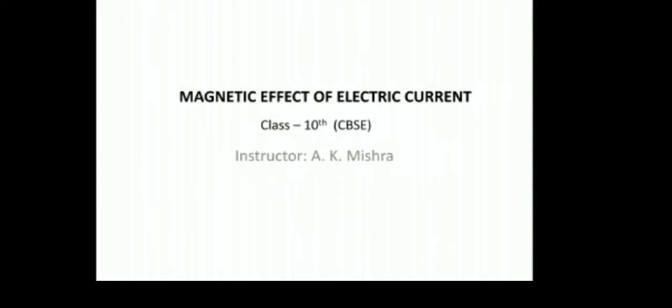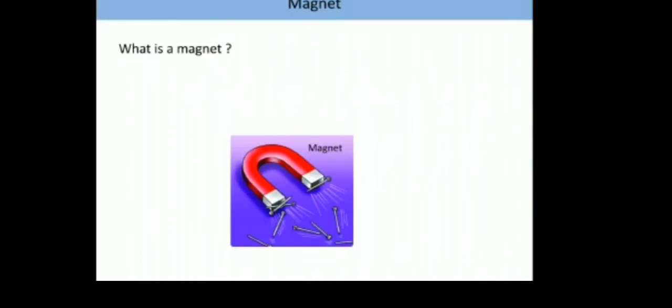In the previous class we studied the discovery of the magnet and how magnets are very important to our life. The magnet was discovered by a shepherd from Magnesia, an old city of Greece. We also studied the types of magnets, which is very important. So we'll quickly revise a bit from the previous class, and like I told you, we will discuss magnets in today's class, and then we'll come to the magnetic effect of electric current and how it is useful to us.